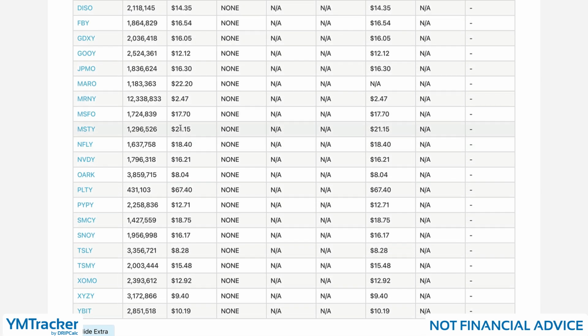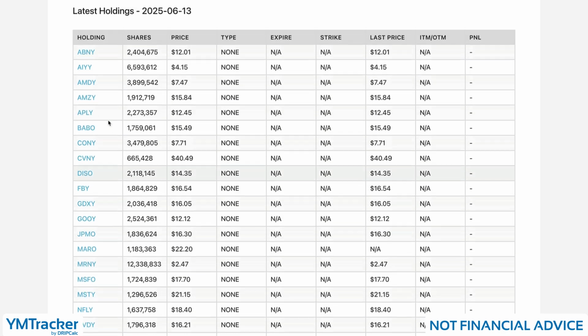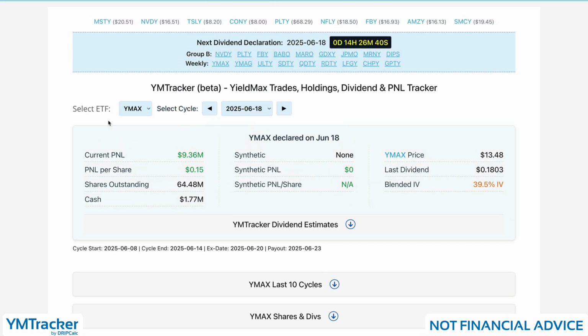And what happens is they hold these ETFs, and these ETFs pay out the dividend, and so they collect it and then distribute that dividend to the shareholders. And so basically you can just buy YMAX and you don't have to select specific ETFs, because sometimes, for example,